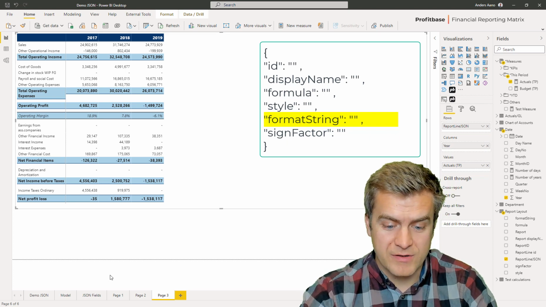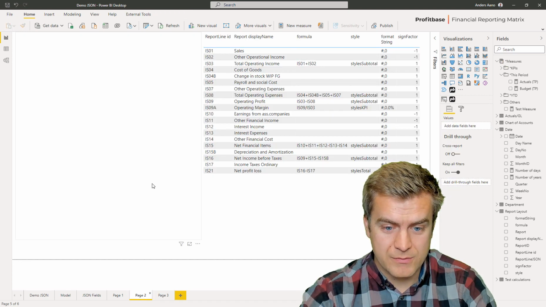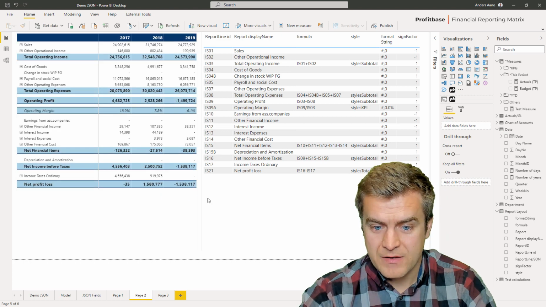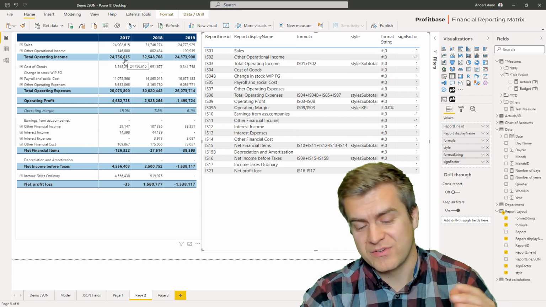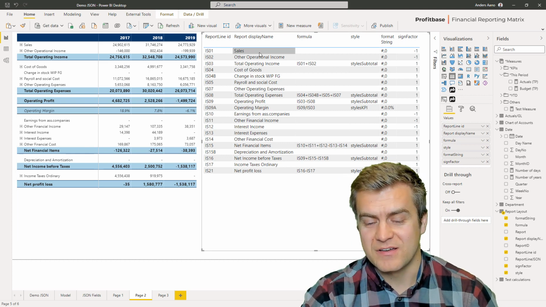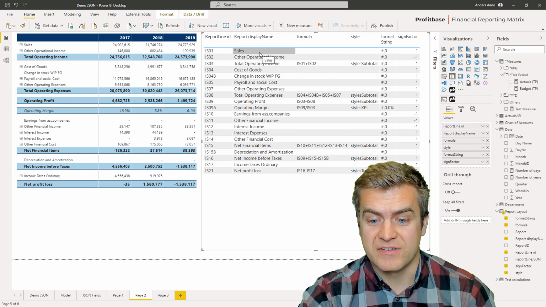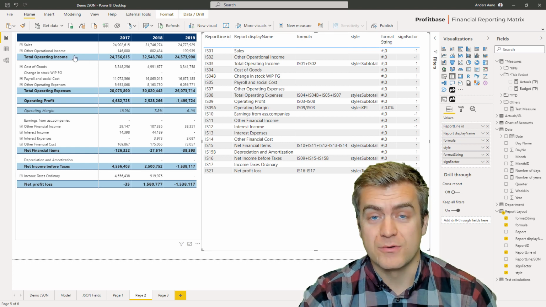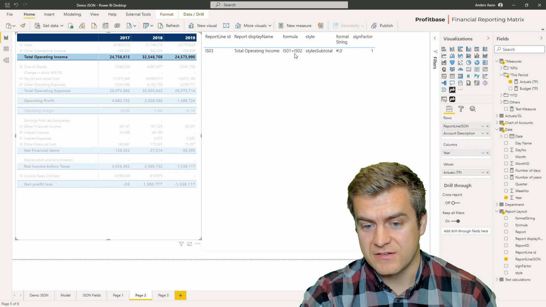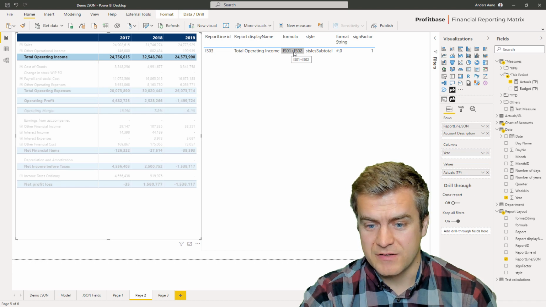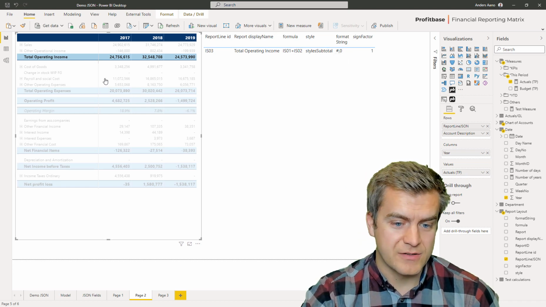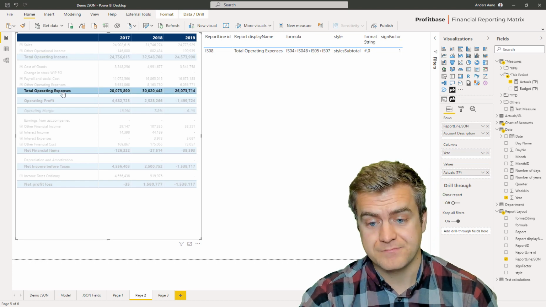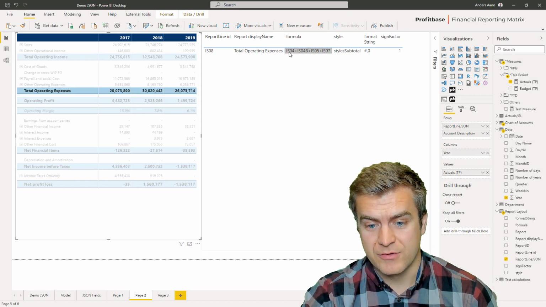And if I go to page 2, which I have pre-made, you can see my report lines side by side with my JSON layouts, all the information that goes in. So if I click on total operating income, you can see that it's defined by this formula and this style and this format string. If I go down to another subtotal, you can see the formula is a bit different